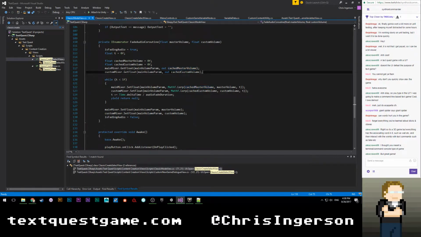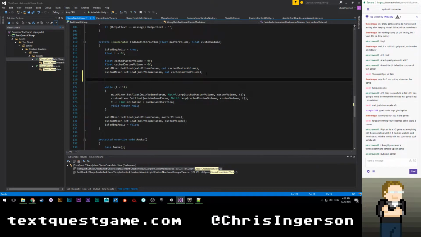So I'm just going to go ahead and debug these two things real quick. I'm going to say debug.log, cached master volume. Sorry, I'm currently setting up a thing to just check what my values are for our audio when we fade back to